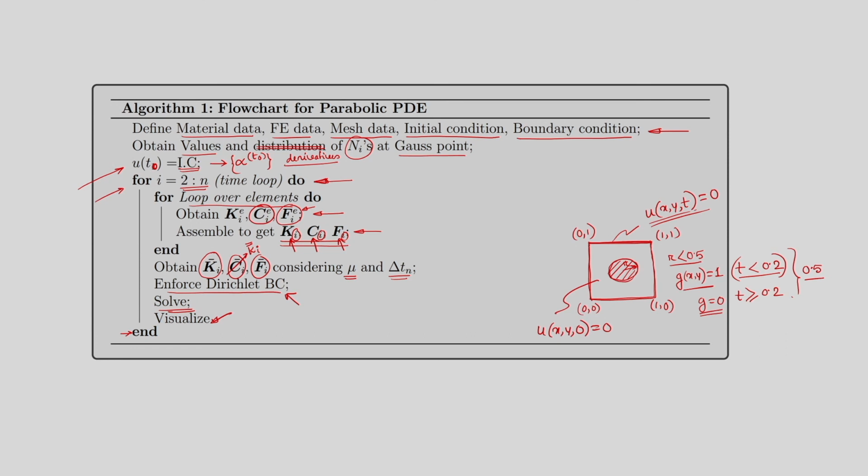Alright. In this case we have taken 8 elements along each edge, so there are 64 elements in the whole domain. We have already checked the convergence. In this type of problem, your error basically depends on both the time step and the element size h. So, delta t and h you cannot just arbitrarily choose and expect a solution to converge.